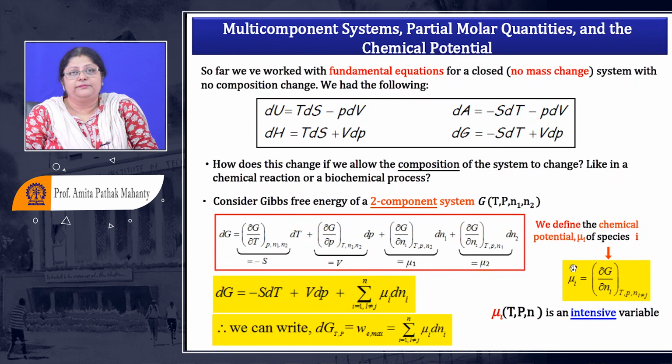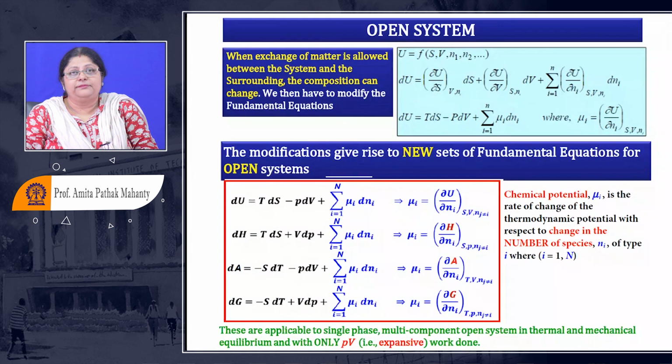This is defined as the chemical potential, but for a pure compound, it is just mu, because you do not have I, J, K, L, M, because it is only one component which is present. Right? So if you want to write down the fundamental equations for all the four systems which you have studied, what will you do?